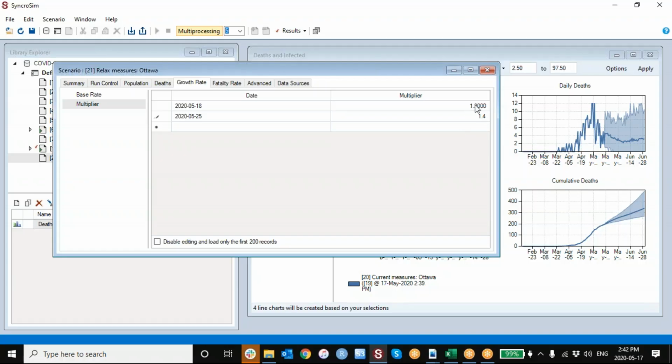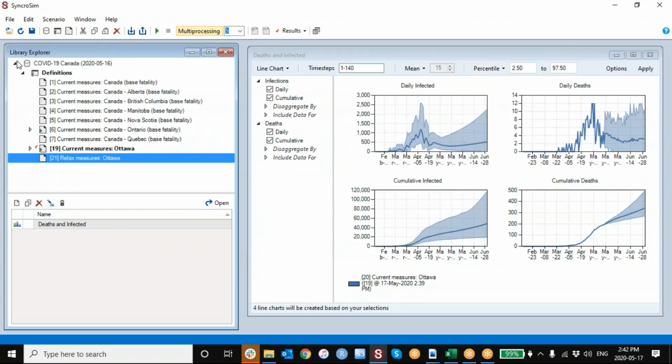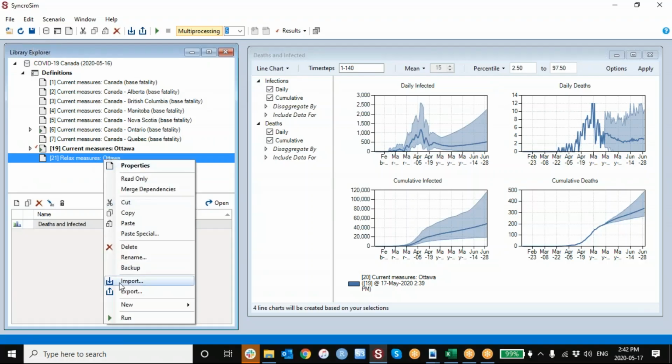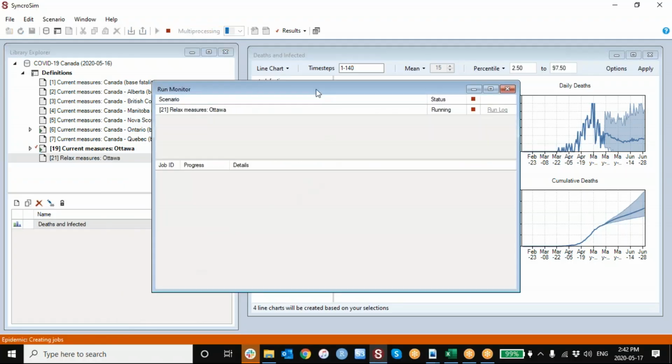So from 2.5 to 3, and now to 3.5%. And then maybe on June 1st, at the end of my steadily relaxing, I might increase them by another 20%. So that's one what if scenario I might want to look at in the model. I can save that. And now I can right click, hit run,